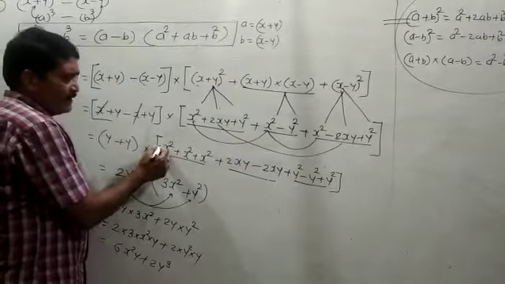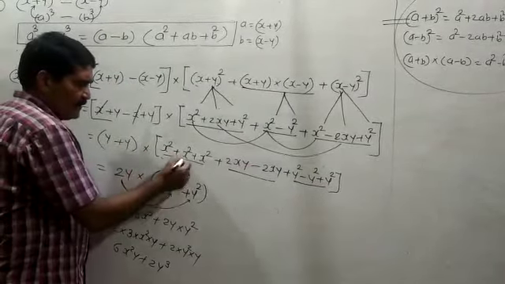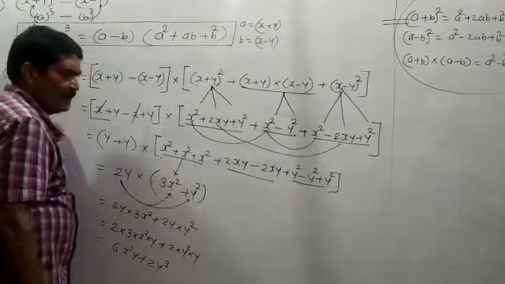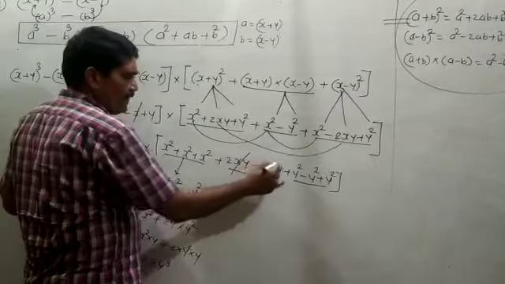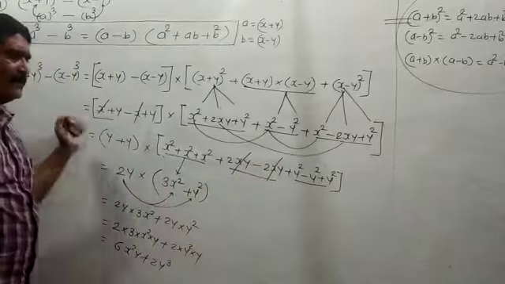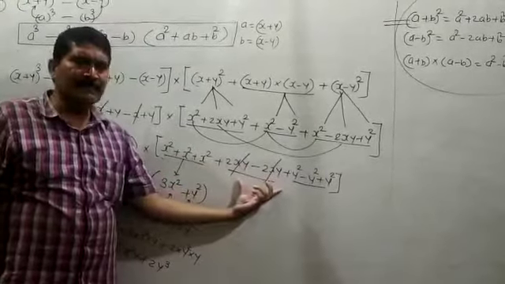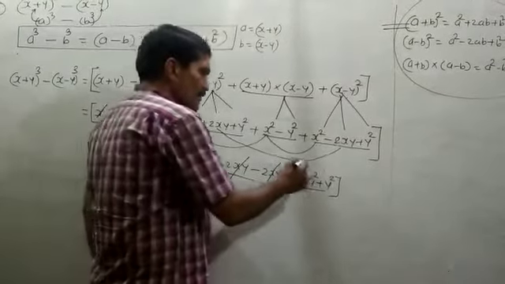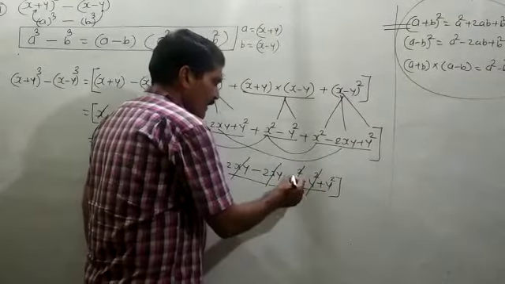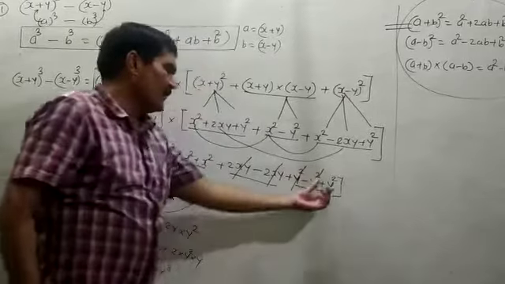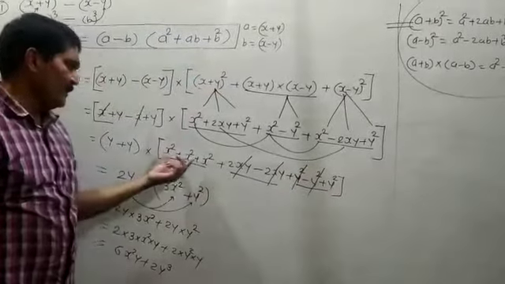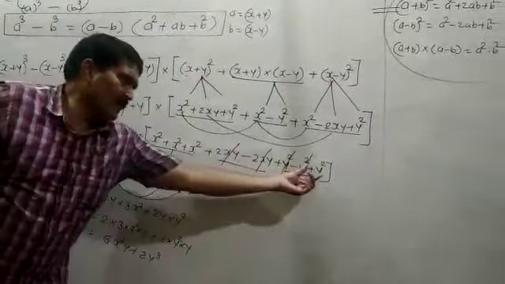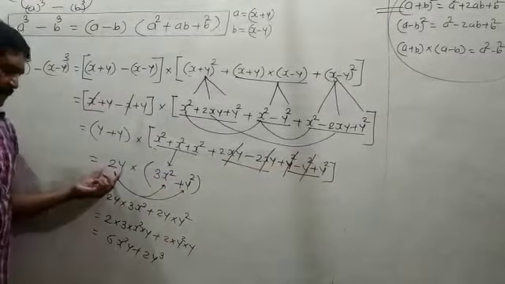Here 1x square plus 1x square plus 1x square is equal to 3x square. Then plus 2xy minus 2xy are like terms having opposite sign, so you strike them and the value becomes 0. Here y square plus y square minus y square, what remains is y square. So 3x square plus y square remains, which you write in the bracket.